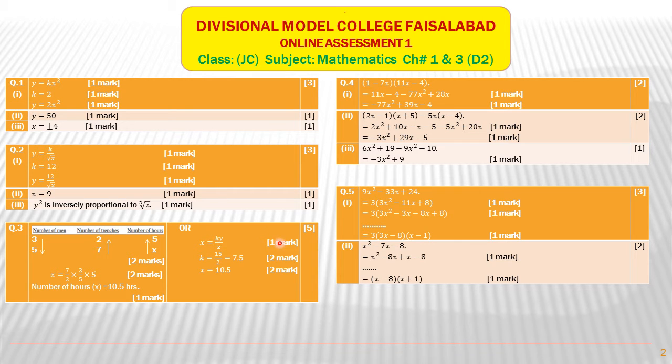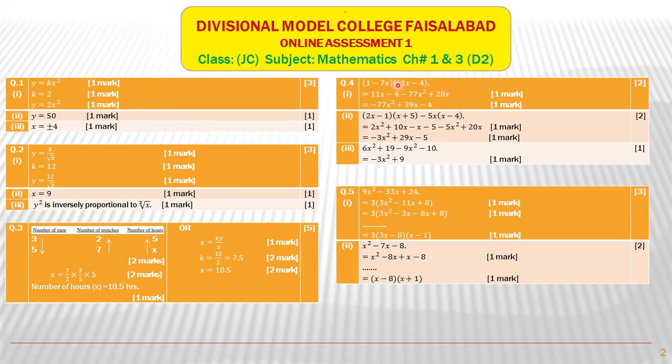And by using this method, you will have to write this equation. This will award you 1 mark. By putting the value of x, y and z, you will find the value of k. This will give you 2 marks, and then you will put the value of k and the values of y and z in this equation to find the value of k, which is 10.5. You will award yourself 2 marks, and by doing this question, you have to show all the workings in between these steps.